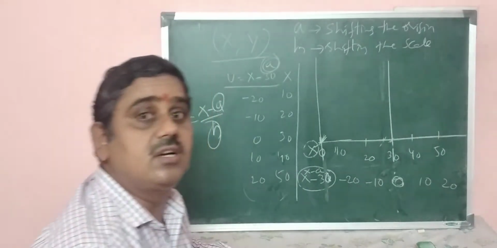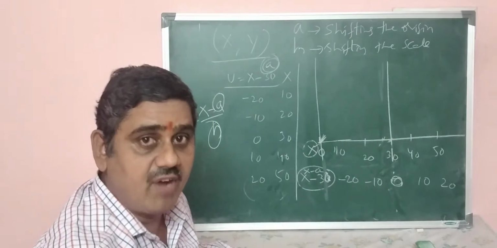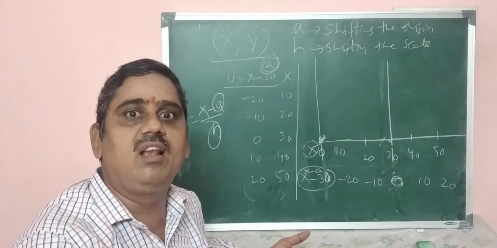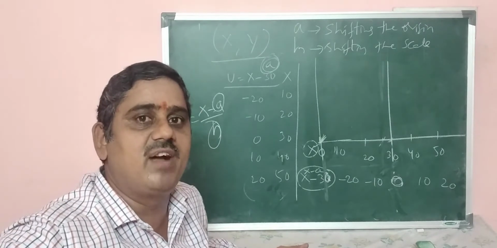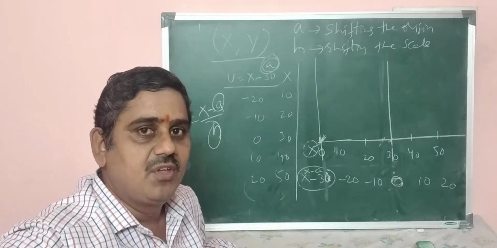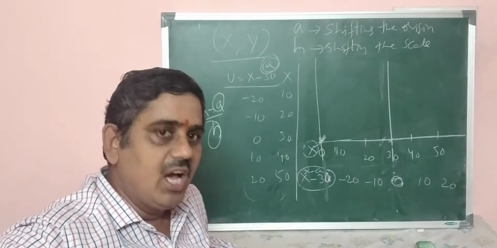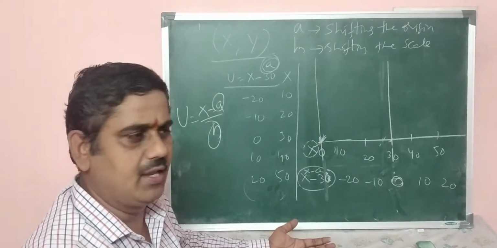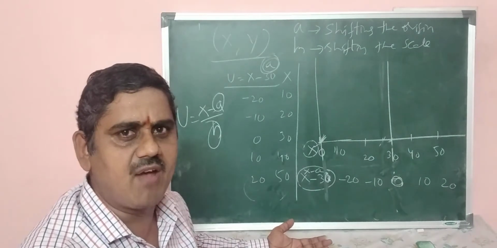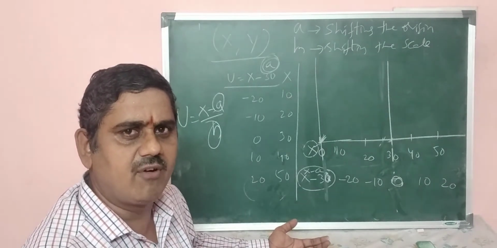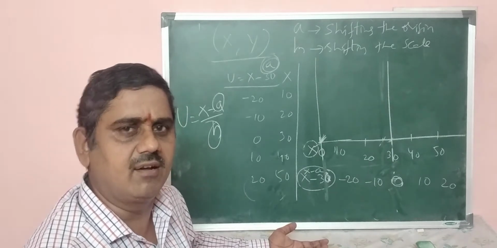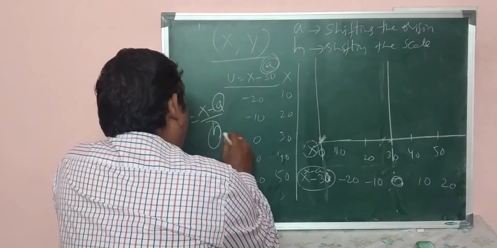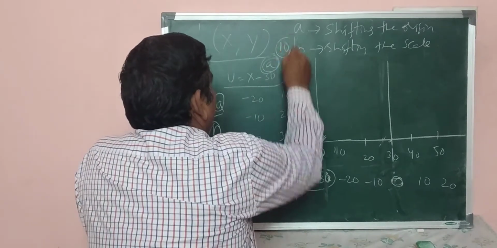If you divide with some number, of course not 1. No effect will take place if you divide with 1. You can divide with any number except 1. That is usual. You know that if you divide with 1, the number will not be affected. 4 by 1 is 4, 5 by 1 is 5. No effect, like that, as well here. So if you consider h is equal to 10 here, I am considering 10. H is 10, a is 30.